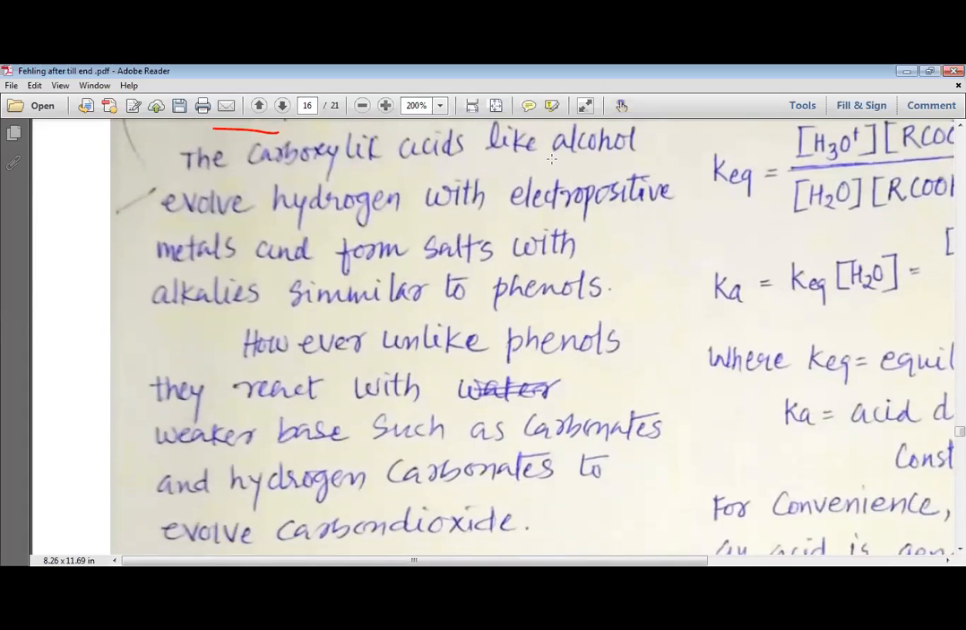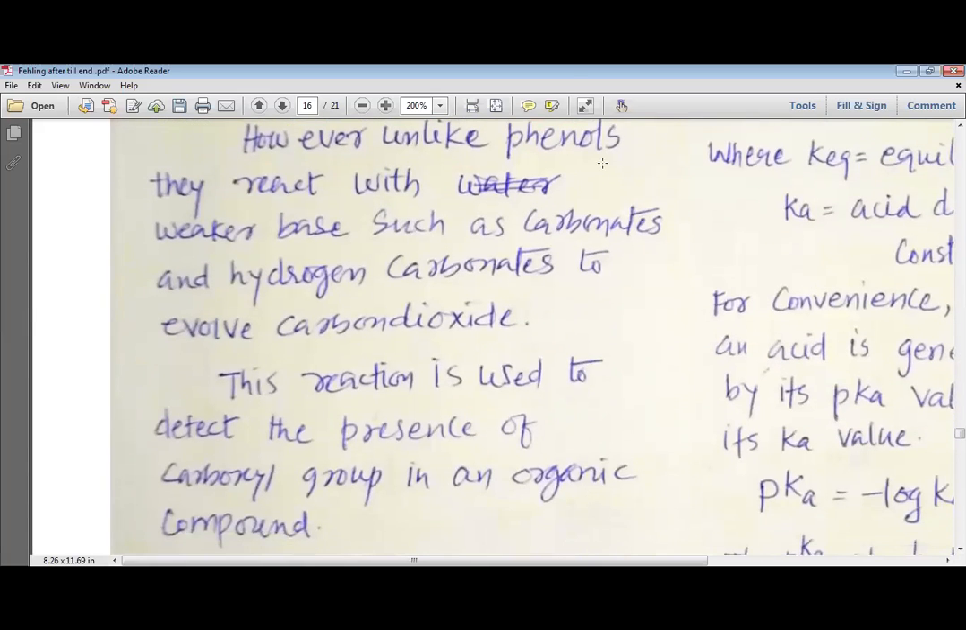The carboxylic acids, like alcohol, evolve hydrogen with the electropositive metals and form salts with the alkalis, similar to the phenols. So same like alcohols and phenols, they even produce the hydrogen gas, and they even produce the salts of the metal. However, unlike phenols, they react with the weaker base such as carbonates and hydrogen carbonates to evolve carbon dioxide. This is the speciality. This is not done with the phenols and alcohols, but